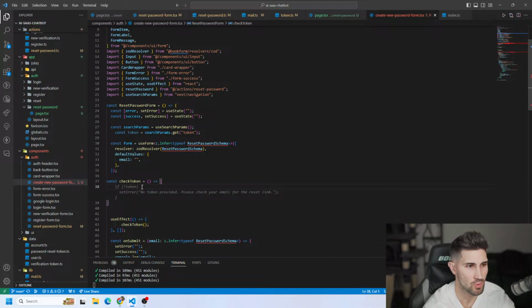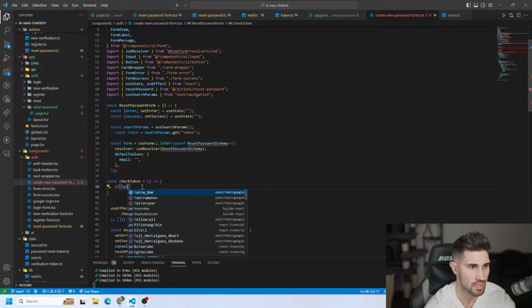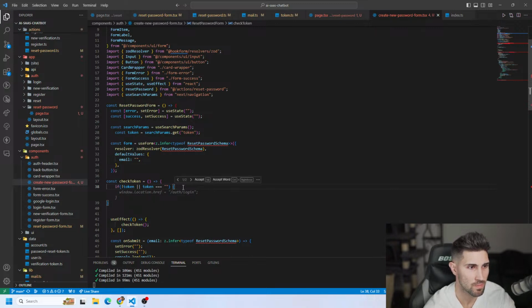First off, if there's no token, which is a good check. That's actually a better check: if there's no token or the token is an empty string,